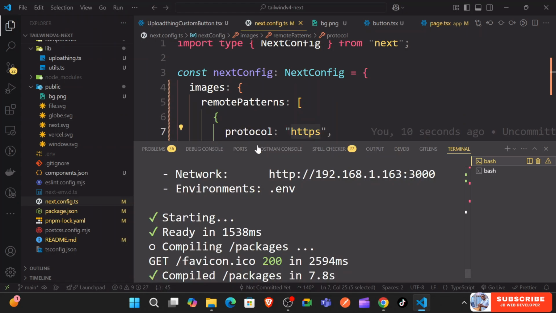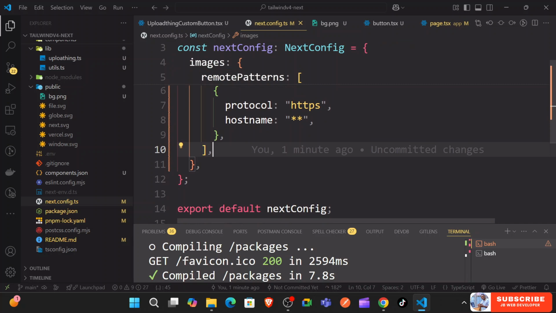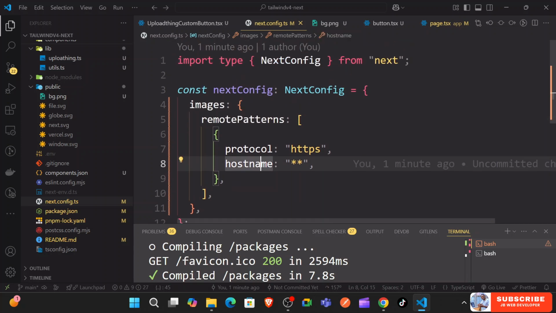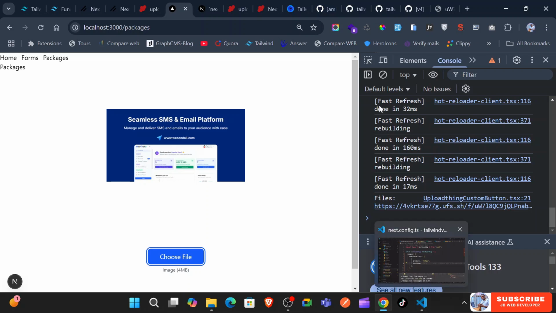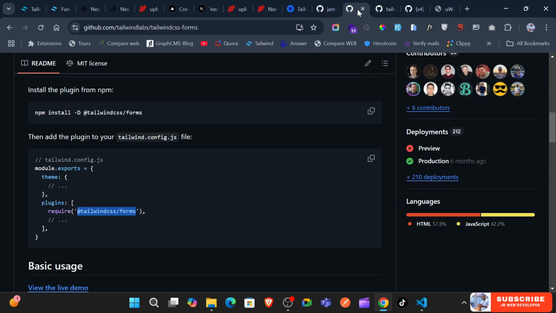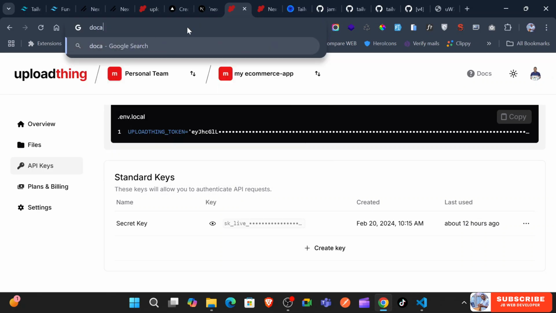Okay, so next I just want to look at another Tailwind plugin. Sorry, the package. So the Uploadthing has been really well configured. I don't think you will have any issue with this. Let's move to the next one, which is the React Tailwind. So this one comes from my components. So if you go to docs.thishub